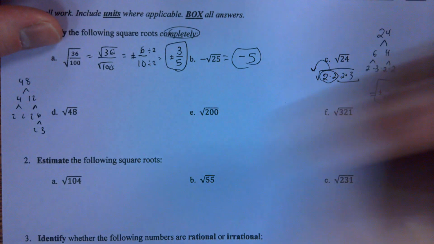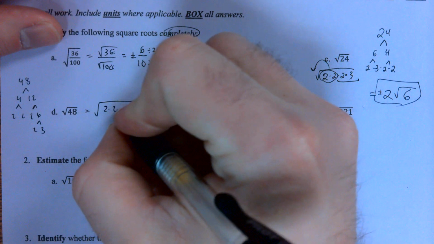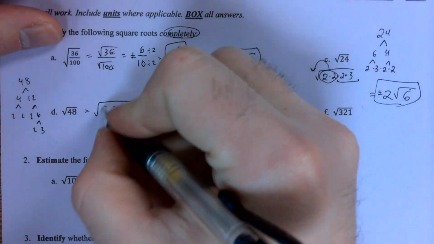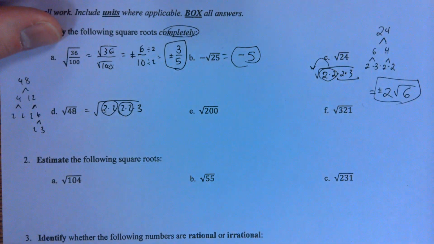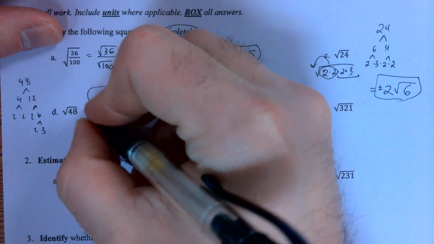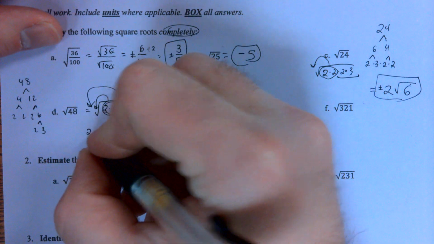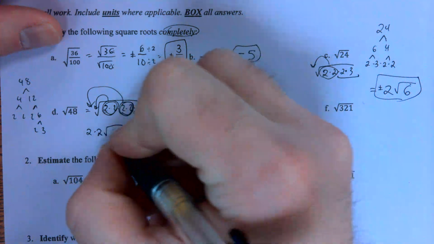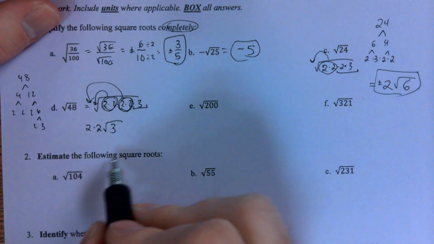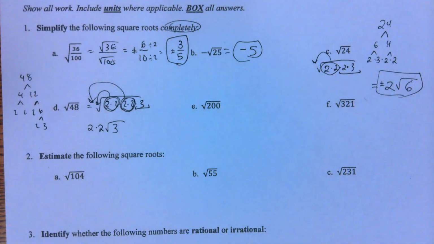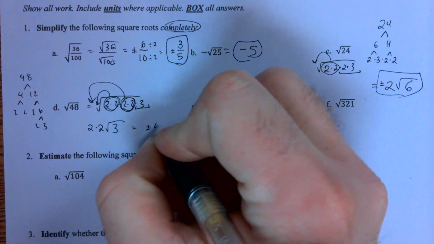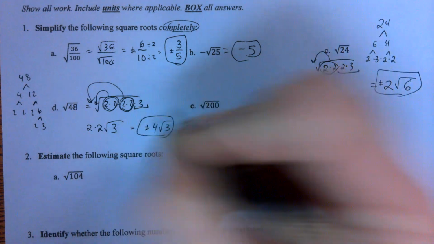That's what we end up with. 2 times 2 times 2 times 2 times 3. Pair of 2's with a pair of 2's. Those are both going to come out in front. These make one single 2. These make another single 2. And I'm going to multiply them together, right? The 3 is all alone. There is no pair. I got to leave them inside the square root. Then 2 times 2 in front gives me plus or minus 4 root 3,